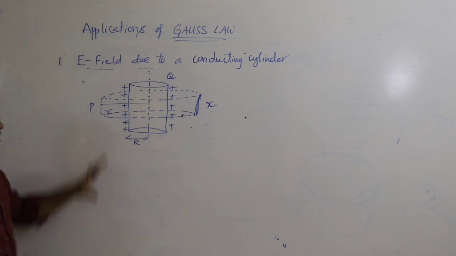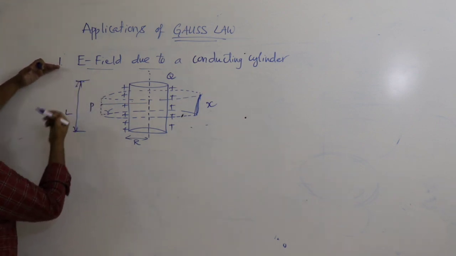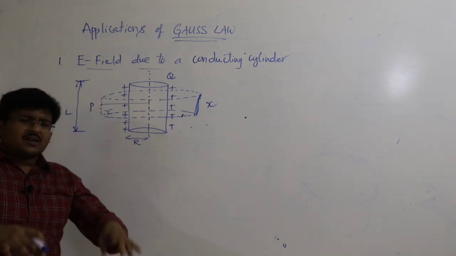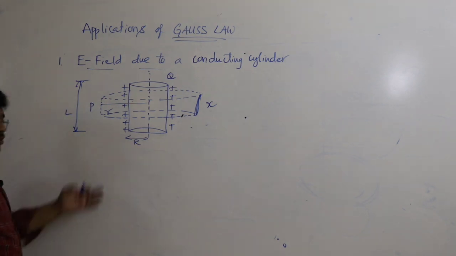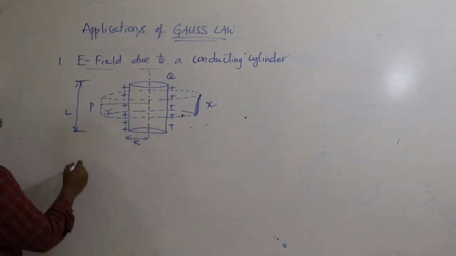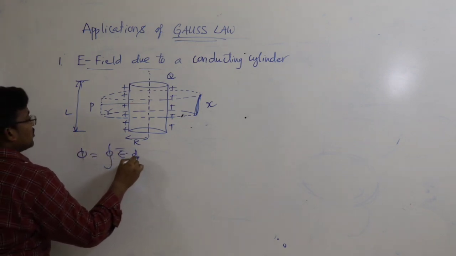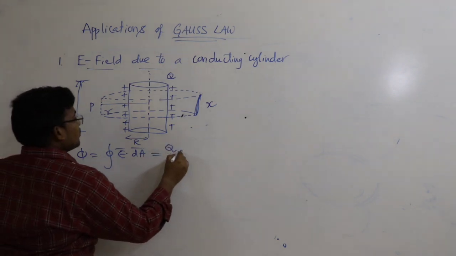The total cylinder length is L, but now I am taking some x. You can take the entire Gaussian surface also, no problem. Now use Gauss law. What is Gauss law? Flux is equal to integral of E bar dot dA bar is equal to charge